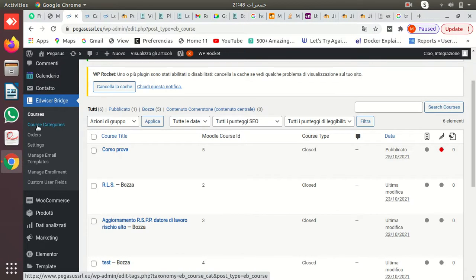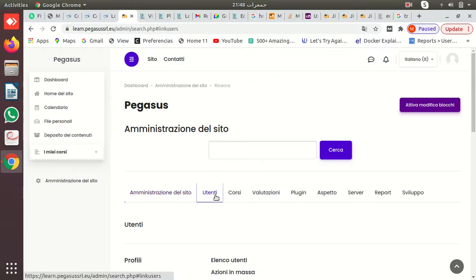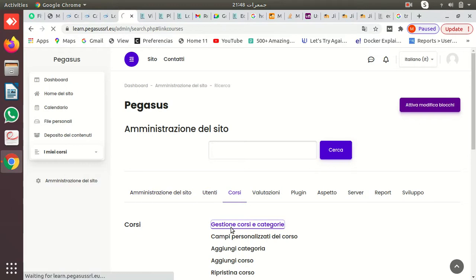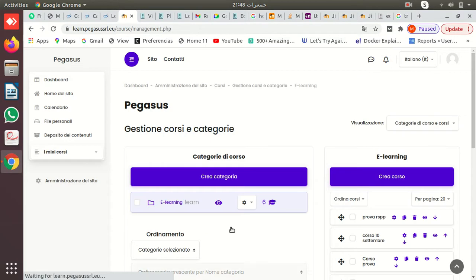First of all, let me show you how these courses look and how we can manage them. This is the important point that you need to know. Let's check what courses we have, and whether these courses from Moodle are in the WordPress website or not. The courses we have in the Moodle website must be on the WordPress website as well.